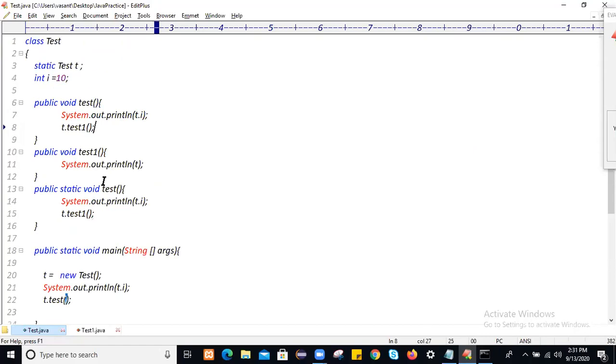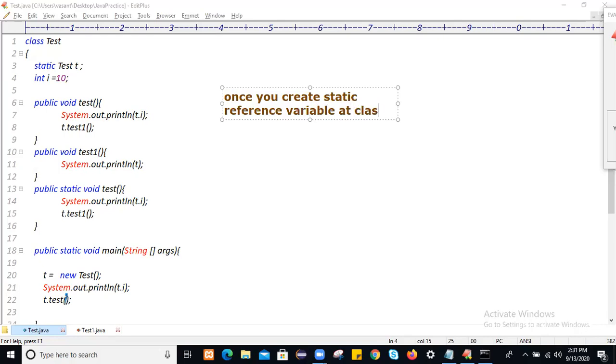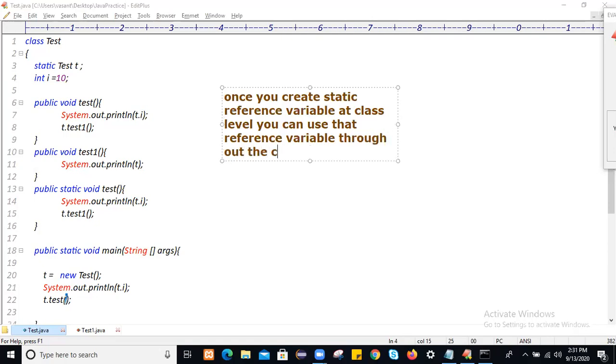Once you create a static reference variable at class level, you can use that reference variable throughout the class in any area, both static and instance area.